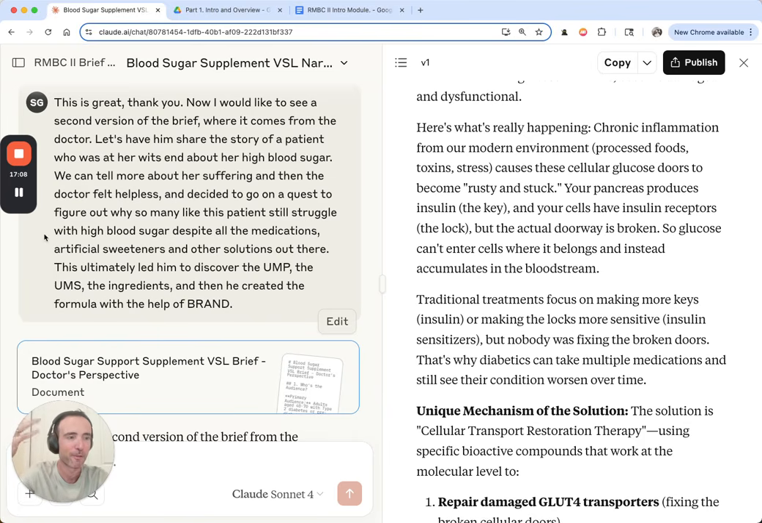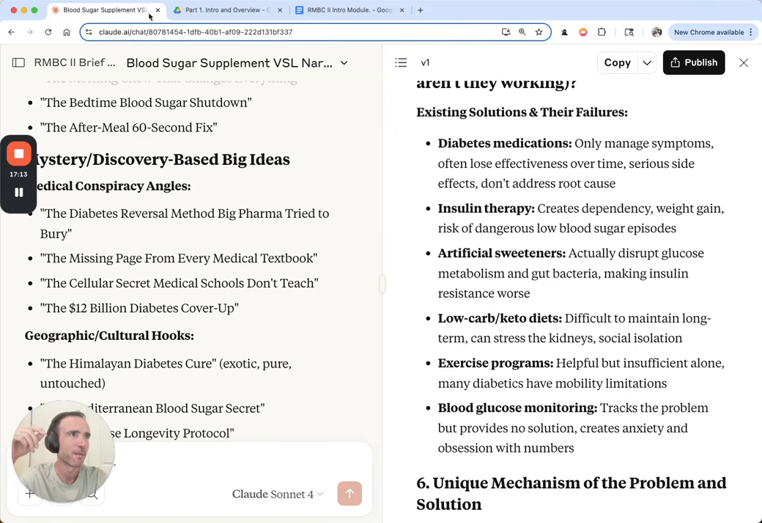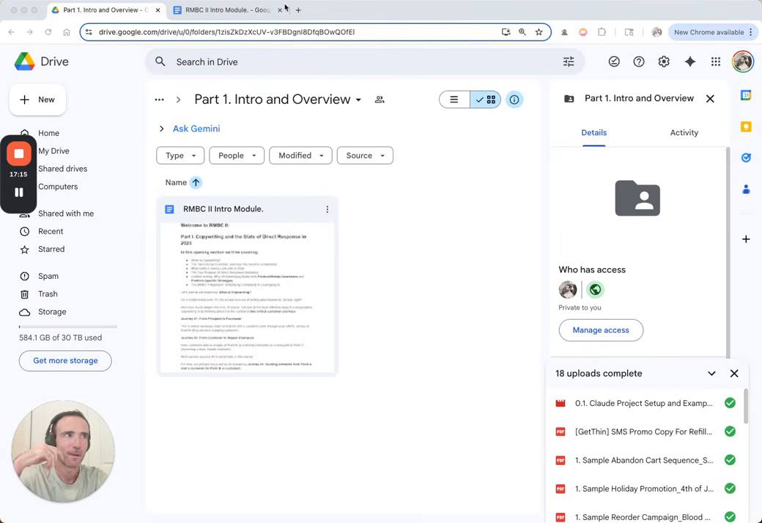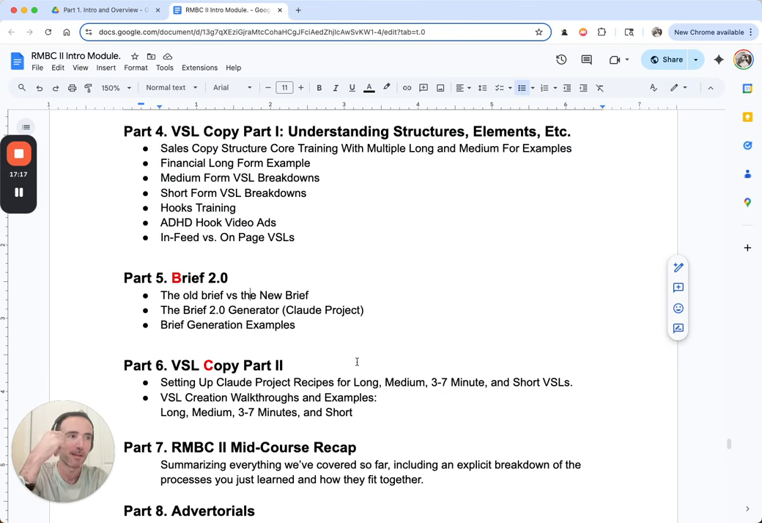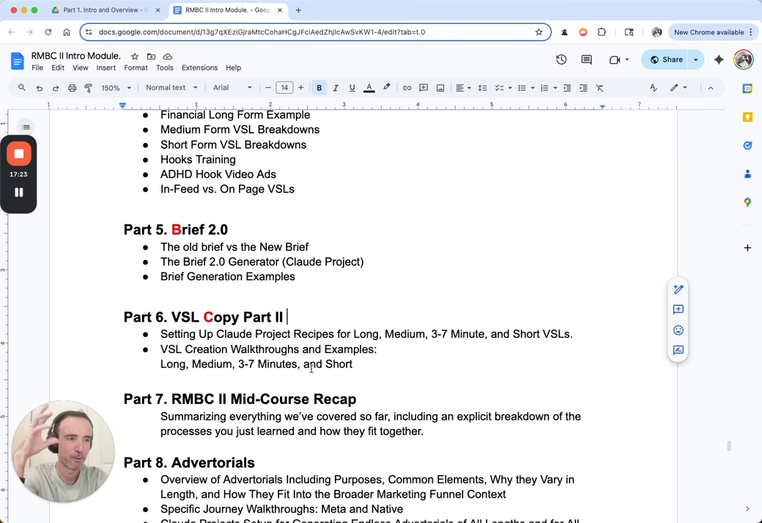Now again, in the process, you'll have a unique mechanism, you'll have all of that. But the point is you've got this really awesome brief that you can immediately work with, right? So hopefully you see how that's valuable. Then we get to copy part 2. I know this is already kind of a long intro video, but I think it's important for you to see how this is all going to go before we get into the